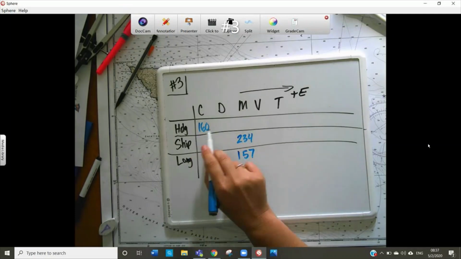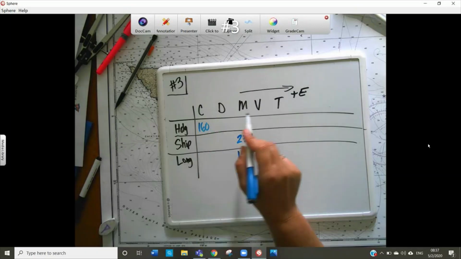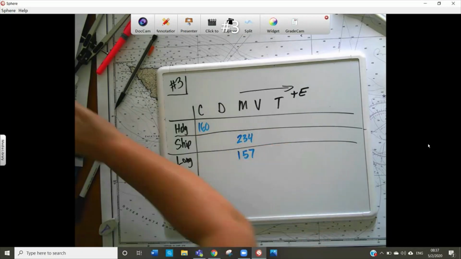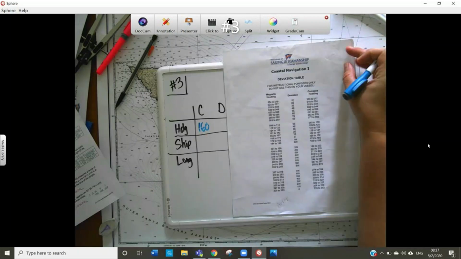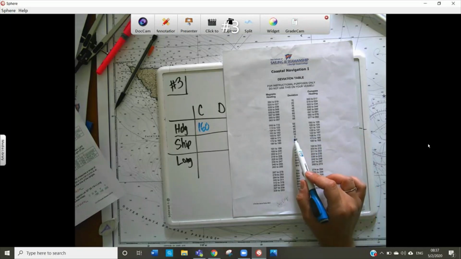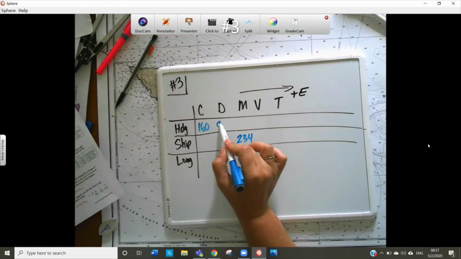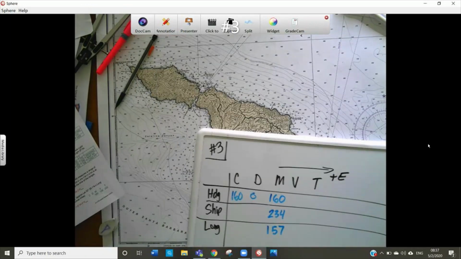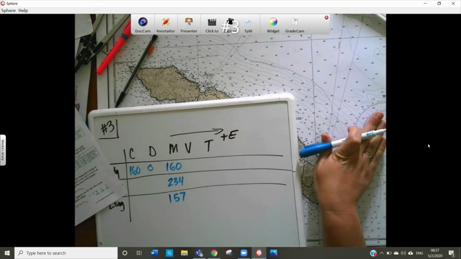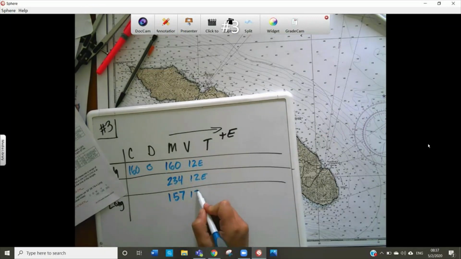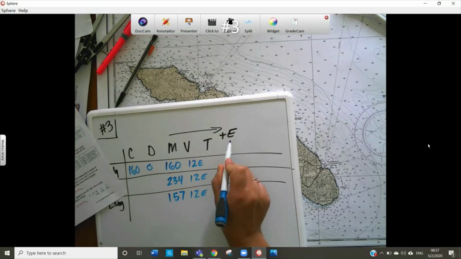So for deviation, it only matters for the heading conversion because we did not use the compass for our LOPs. We go to the deviation table and find our compass heading of 160 to be 0 degrees. So our compass is actually the same as magnetic. Our variation, again, is on the compass rose as 12 east. If I'm going this direction, I'm adding east. So I get a true of 172